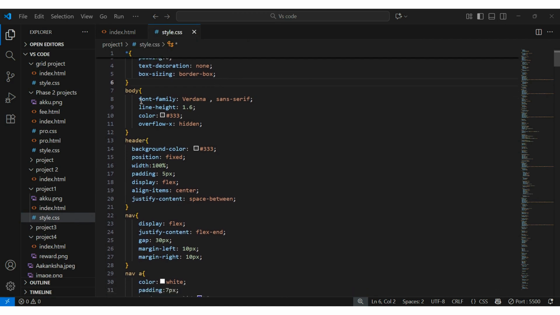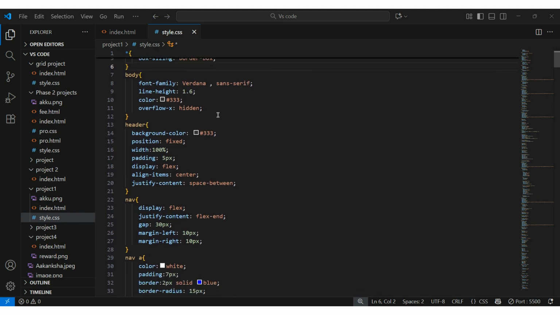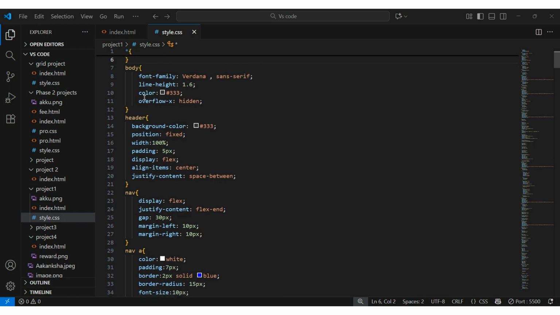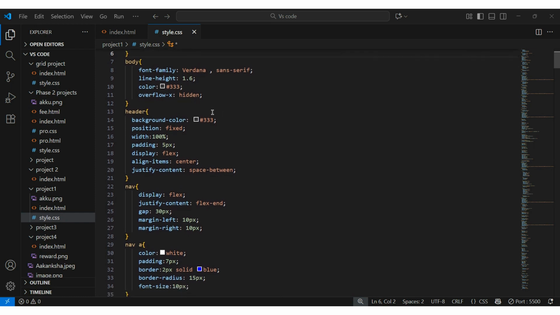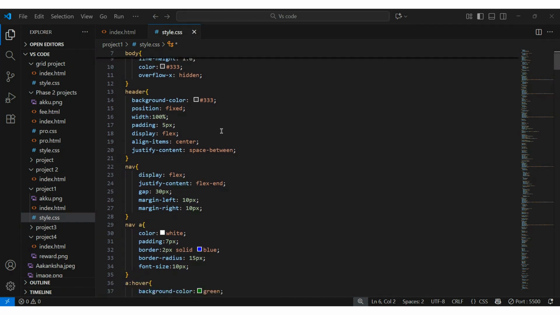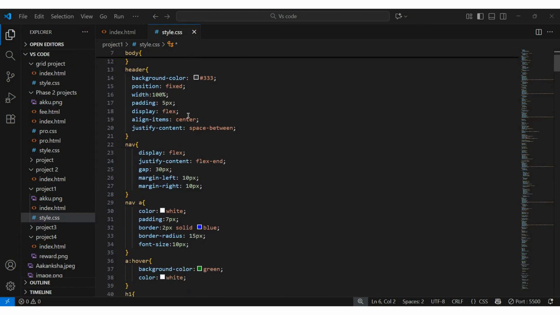I use font family for changing the font style, and I used line height for the height between lines, and color for adding text color, and overflow-x hidden to contain the overflow, it is hiding, and I use background color for adding background colors, and I use